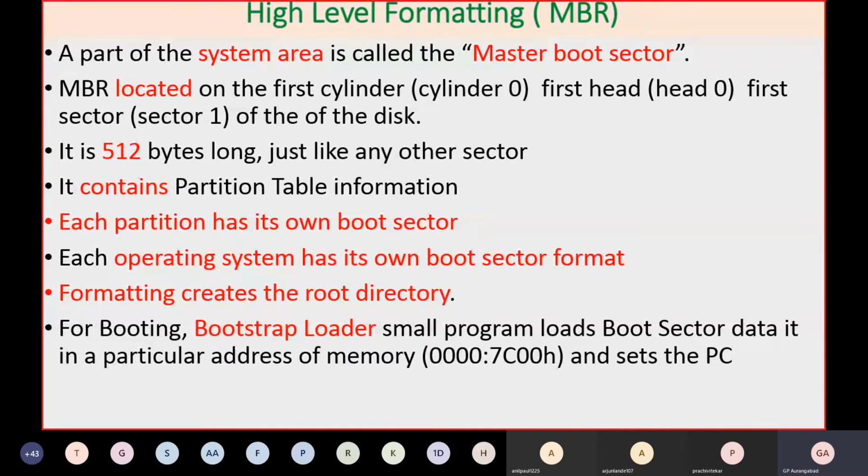During loading, that boot sector searches for a small program called the bootstrap loader, and once that bootstrap loader program is found in the boot sector, your computer immediately jumps to